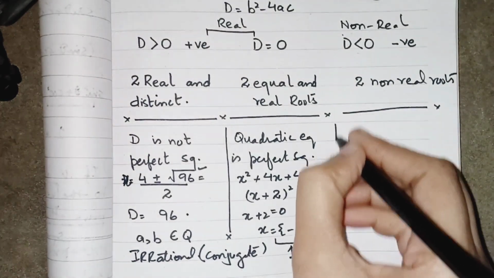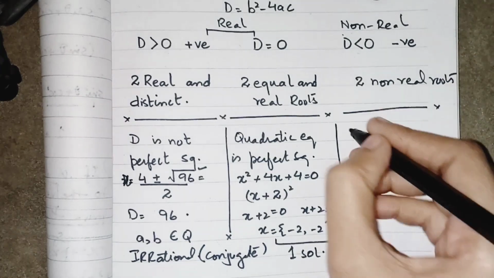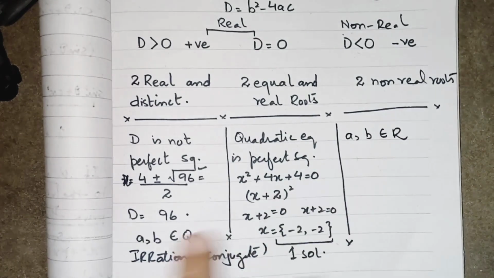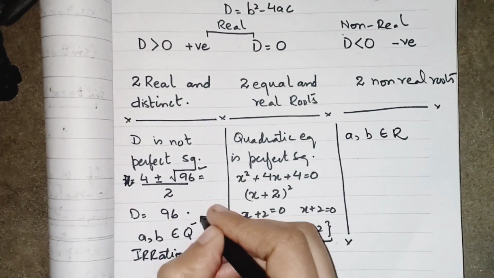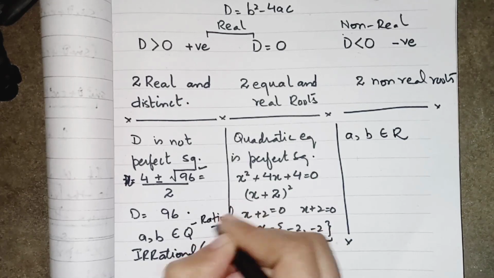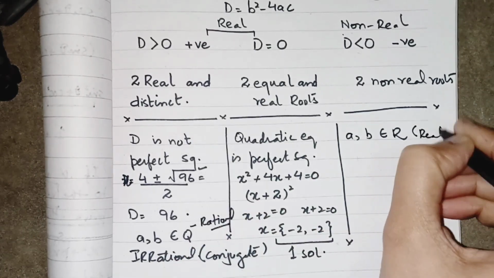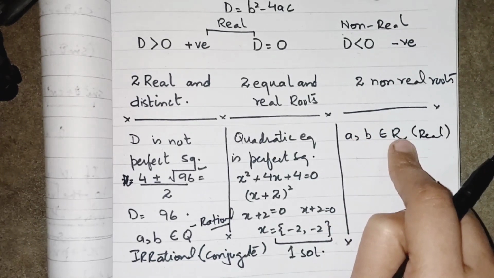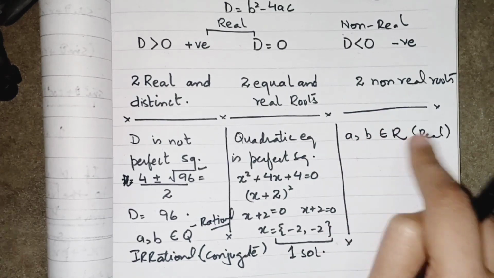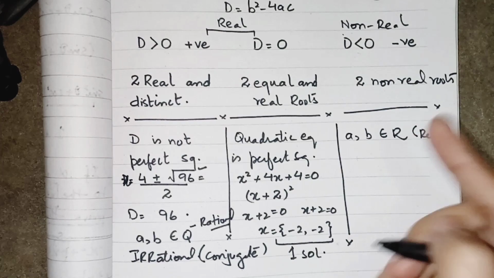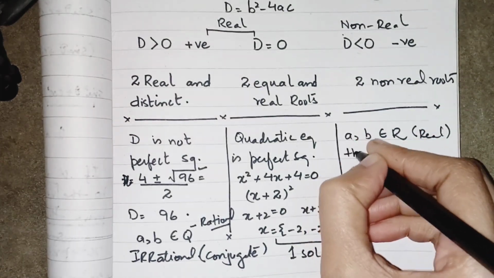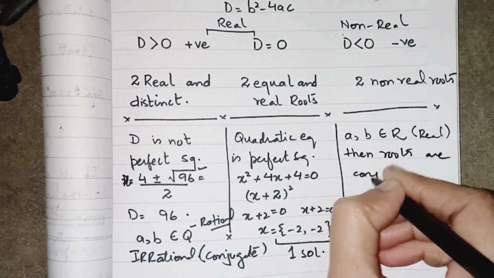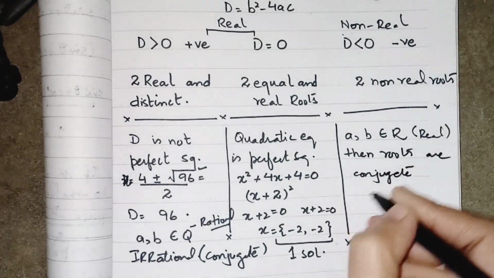Now for the third one, when our D is negative, we can say that if a and b belong to real numbers, over here they are writing Q, which means rational, and R, which means real number. If a and b are real numbers, either a and b will be rational or irrational, it may be both. So we can say that the roots are conjugate